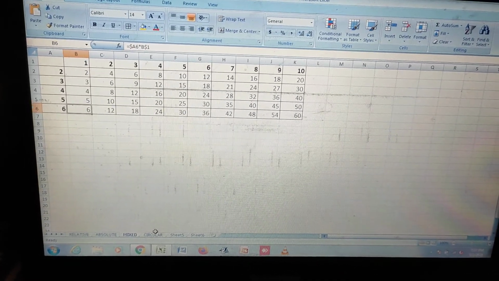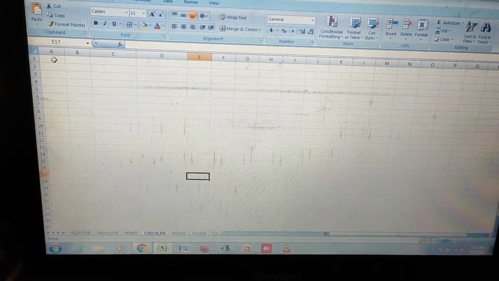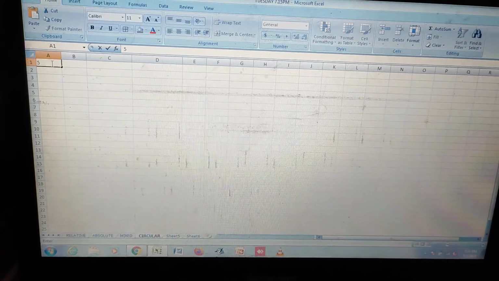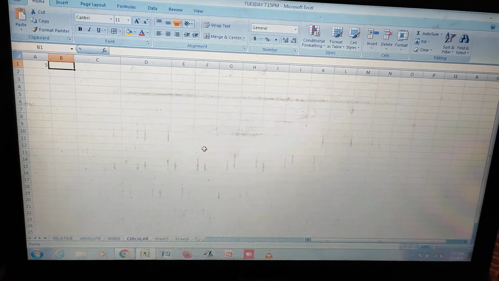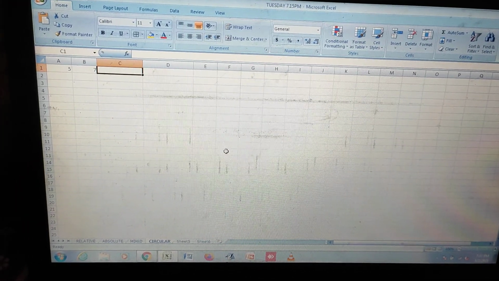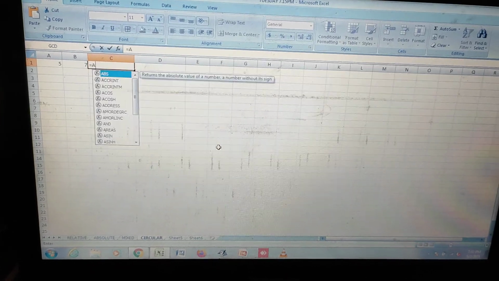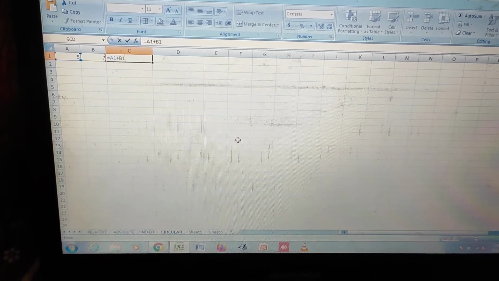Next one is circular referencing. What is circular referencing? Let's see. Suppose this is A1. I have given some value here, 5. B1, here I have given some value, suppose 7. And here I am writing one function, equals A1 plus B1 plus C1.